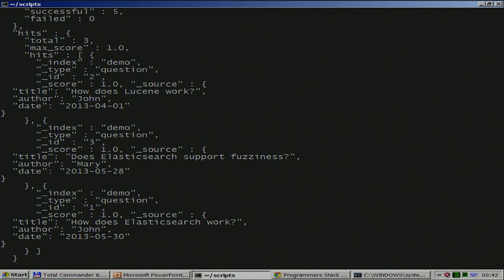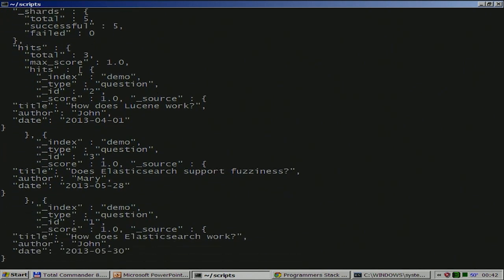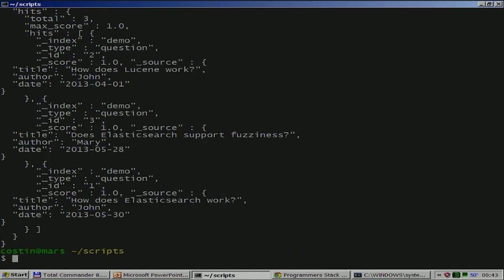So if you look here, I get the JSON. It took 0 seconds, there was no timeout, and I have 3 hits, and you can see within the hits what exactly happened: index, type, ID, score, and the actual content for it. Now, if you're a machine, you can process this very nicely. JSON is JSON. So for this particular presentation, or in general for the command line, we have this small script